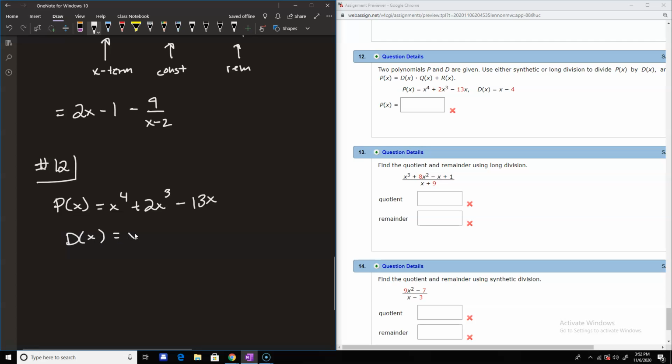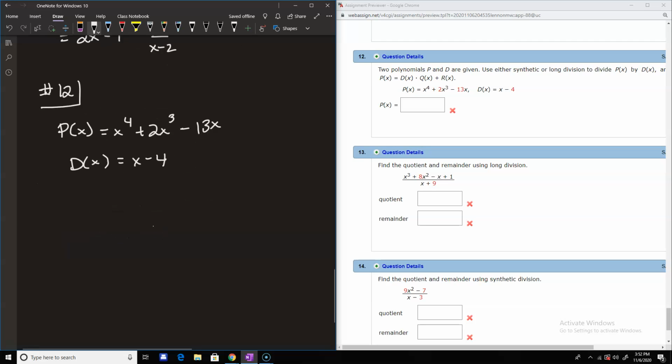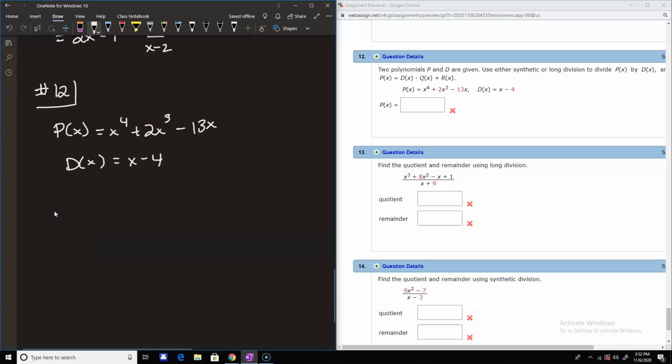So we have x minus 4 here. So let's see. 4 is our divisor, or the root of d of x. And then we have a 1 for x to the 4th, a 2 for the x to the 3rd. We have no x squared term, so I'm going to put a 0. We have a minus 13x, and then we have no constant term, so I'm going to put a 0 there as well. So let's bring this 1 down, take that result multiplied by 4, add those two, we get a